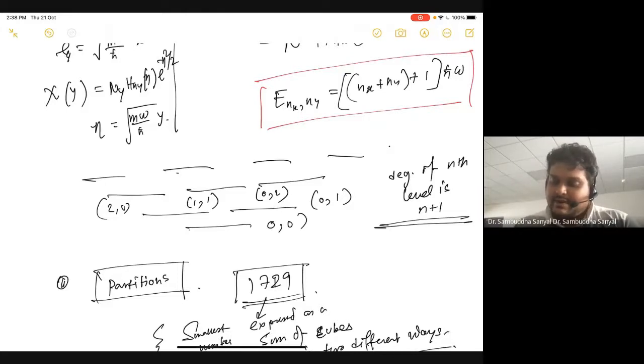And one can figure out these numbers by doing this mathematical problem of partitions. It's a famous problem studied by Ramanujan in number theory. The problem is nothing but how many ways you can add two different numbers such that you get the same integer. Or in other words, if you're given an integer, how many different ways can you partition it into two equal parts or n equal parts, whatever, all these extensions of that problem. And even if you just plot this without knowing the theorem, you will see that the degeneracy of the nth level is n plus 1 in this problem. And this is a very profound problem.